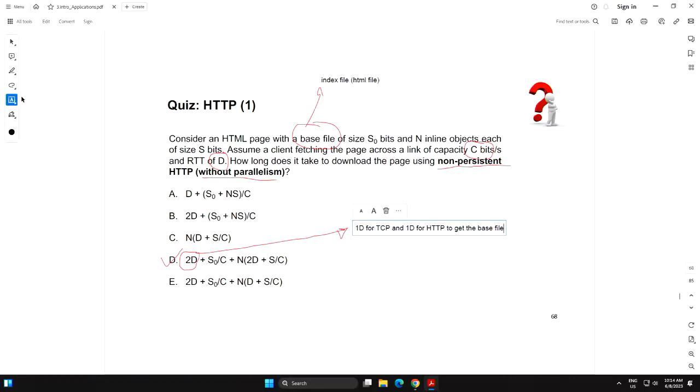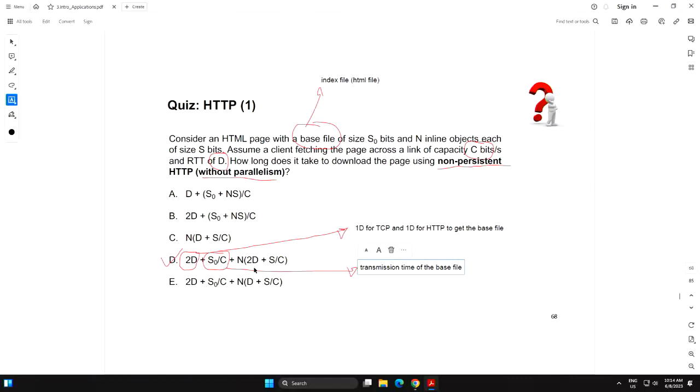Right? You agree with that? And then you have S0 over C. So this is actually the transmission time, if you like. Transmission time of the base file.